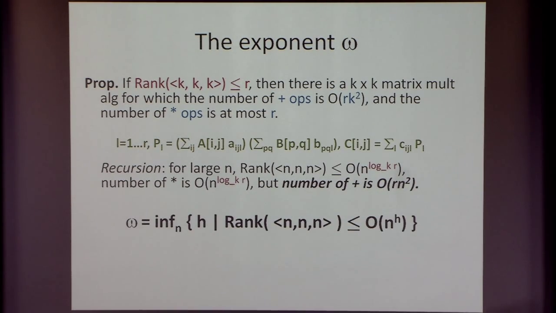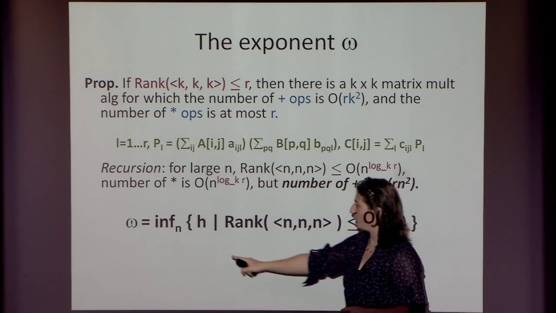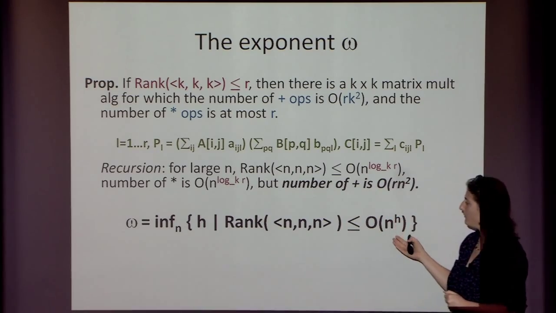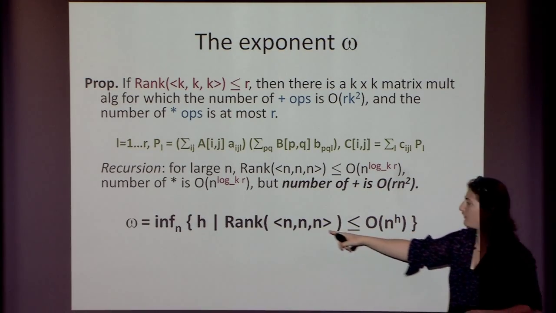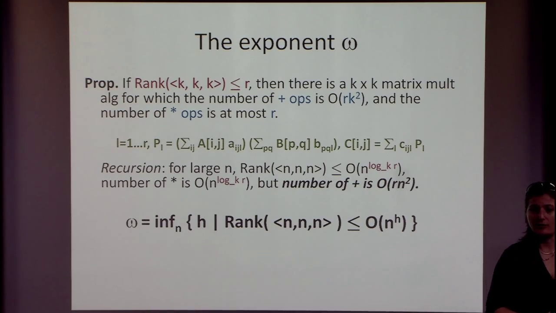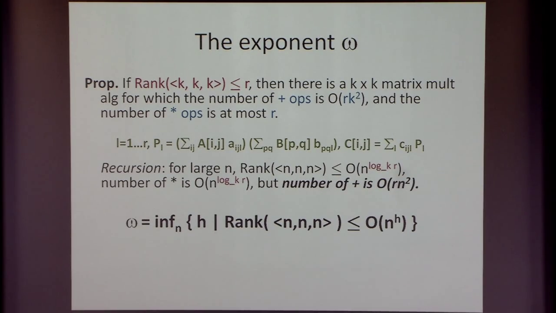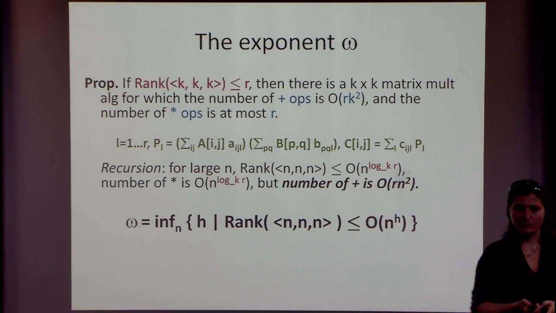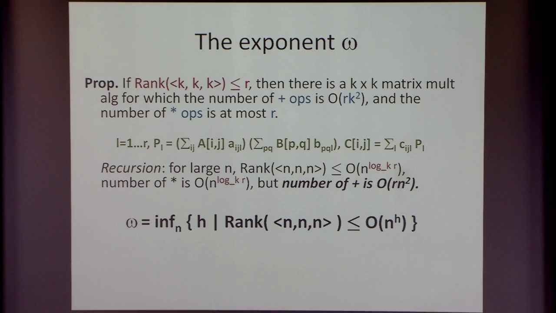This tells us why we talk about the exponent of matrix multiplication, omega, such that the rank of n by n matrix multiplication is order n to the omega, and it's known to be an infimum. So you can get smaller and smaller exponents unless it's 2. Okay, so this is the definition that we'll be working with. We will try to bound the rank of n by n matrix multiplication as n grows, and this will give us what omega is, and omega is what we're hoping to prove is 2. Then we would have a linear time algorithm for matrix multiplication.